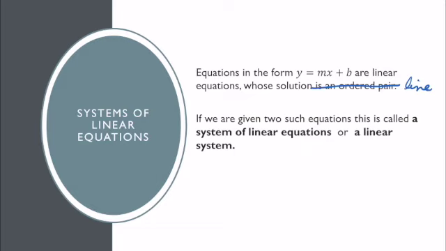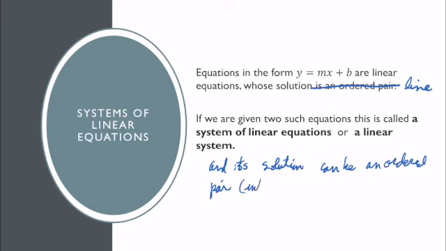And its solution can be an ordered pair, which is an intersection. If they're parallel lines,